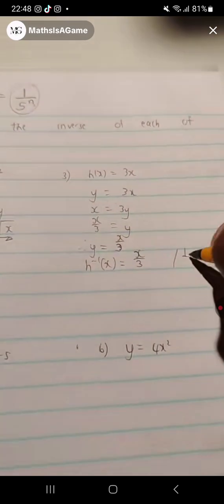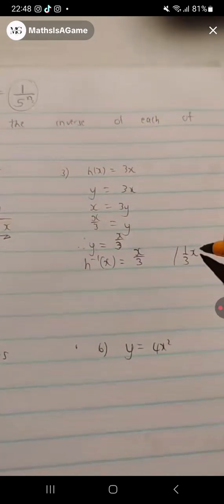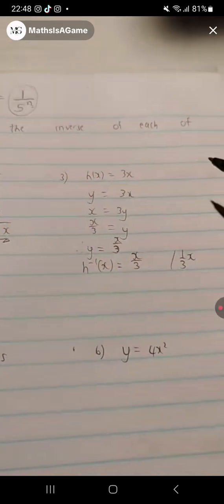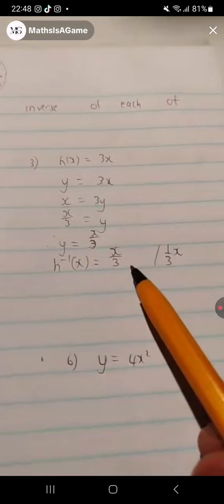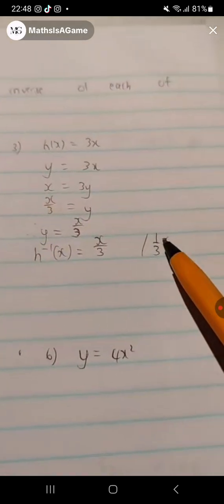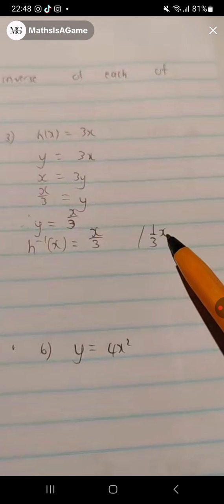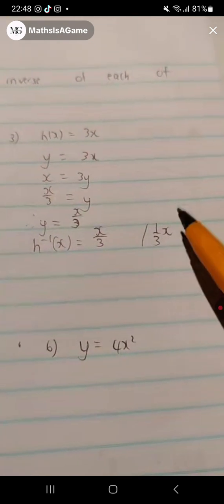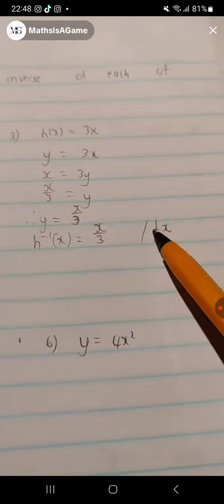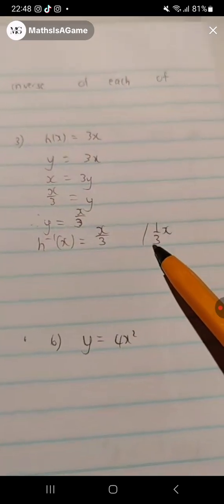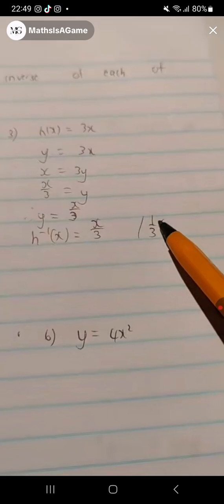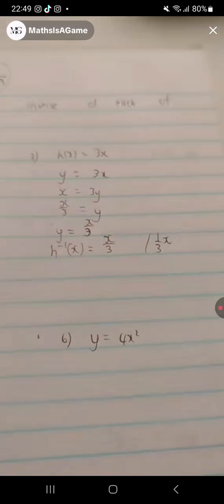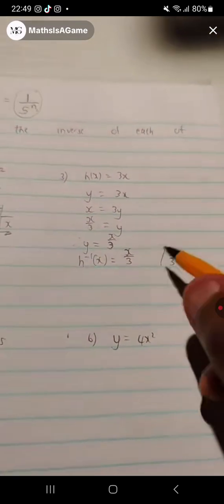Remember, that is the same thing as 1 over 3, the x in line with the division sign if you want. So it's really up to you if you want to write it as x over 3 or as 1 over 3 x. The x, please, is a coefficient of the variable x in the numerator. So you can write it in line with the divide sign, not in the denominator, guys, but in line with the divide sign so that it carries the meaning. Okay. Next one. Let's go.